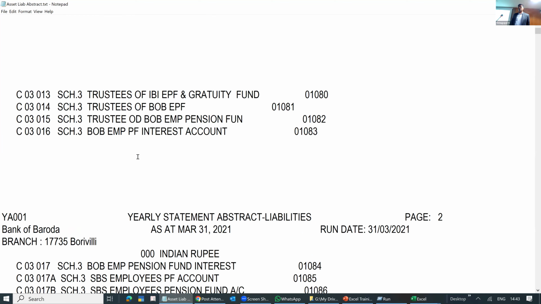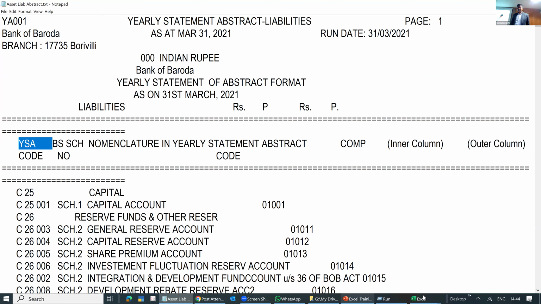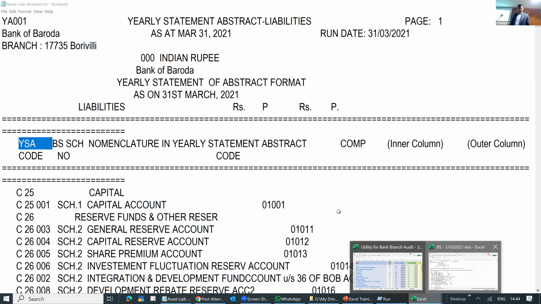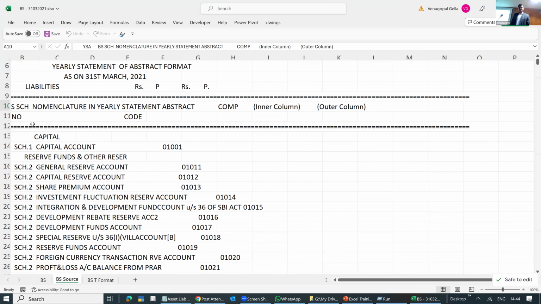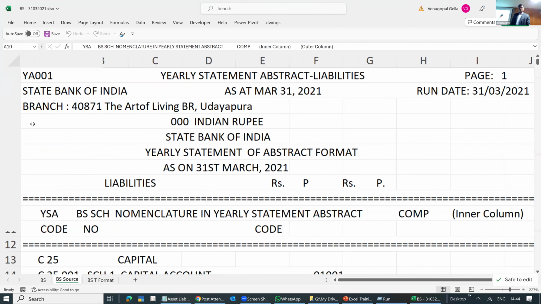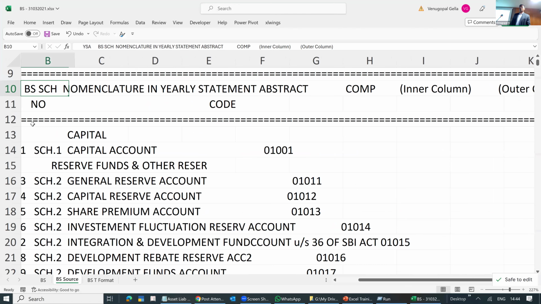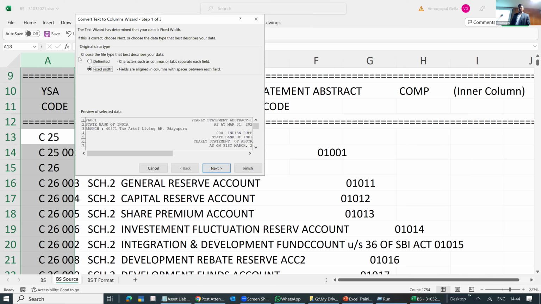Earlier I used to tell that, if I have to do it in Excel, when you just copy paste into Excel, everything will come into one single column. All the data is in one single column. Now you need to know how to split the data. So Alt DE will allow you to split the data.